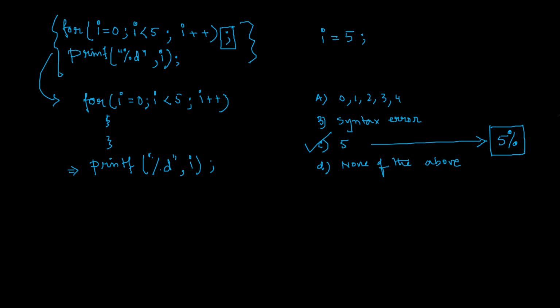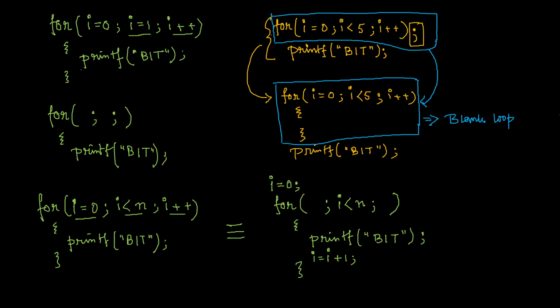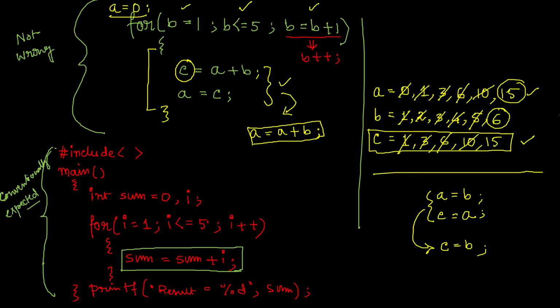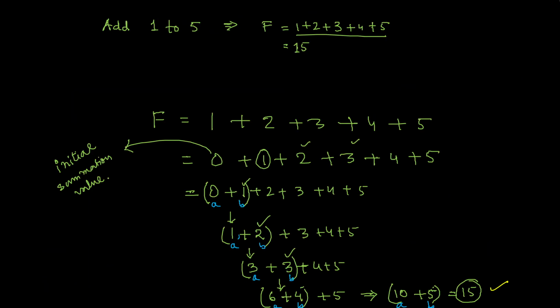So we have discussed various facets of the for loop, how we can use it in different scenarios, for infinite loops and for other purposes. Now we will continue with the for loop to realize how we can write a program using it for various problems on series. Series in the sense that, last day we discussed a series like this. This is a series, right? 1 plus 2 plus 3 plus 4 plus 5 can be a series.